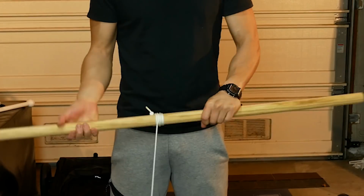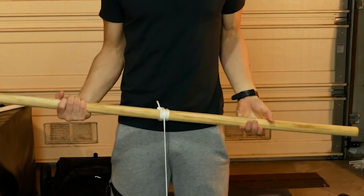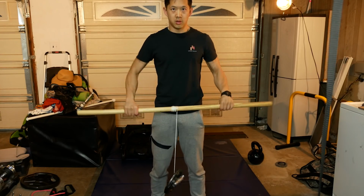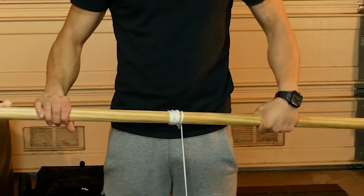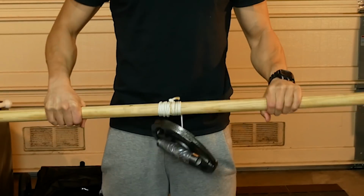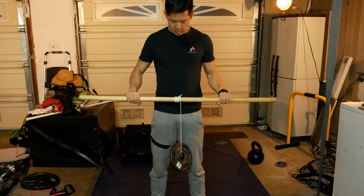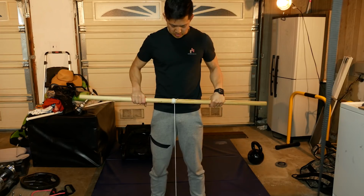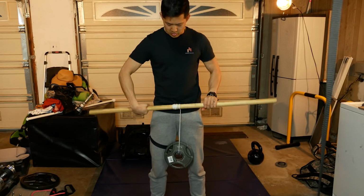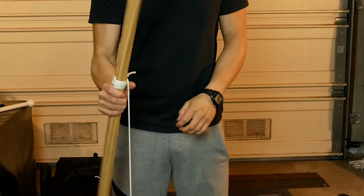Everything is set and we are able to do the wrist rolls in multiple grips and multiple positions. So you can see here that you can turn your hands with the palms down and twist and twist and twist and twist. I'm a little bit lazy on this repetition when I let everything slide down, but if you go slowly and control it all the way down, that's going to be much harder, as I do in other repetitions here. You can turn the palms up